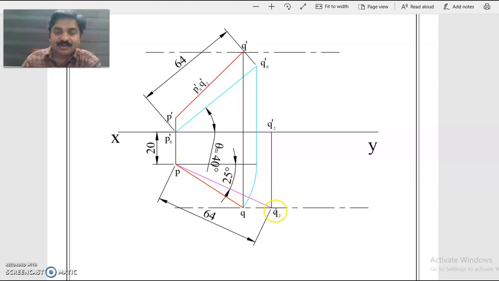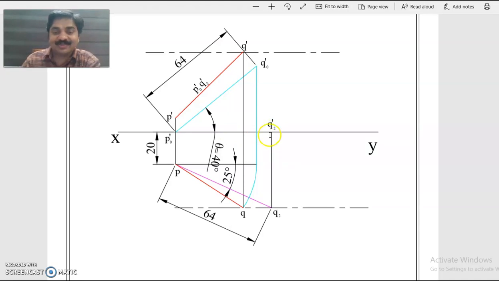Now once we have drawn PQ2, you can draw the locus line here by projecting Q2 to this XY line. Initially we will assume that end P is on HP. Actually it is not on HP, but for some purpose we will assume this point is on HP so that P dash can be drawn here. That is not the final P dash, which is why we have marked this as P0 dash. Now P0 dash Q2 dash is the front view length.